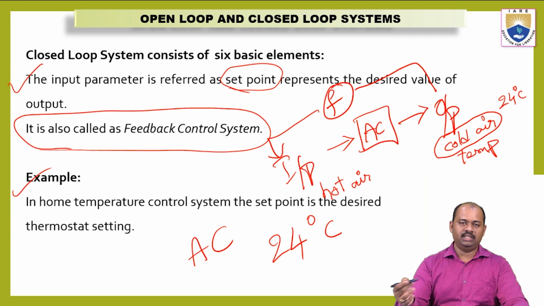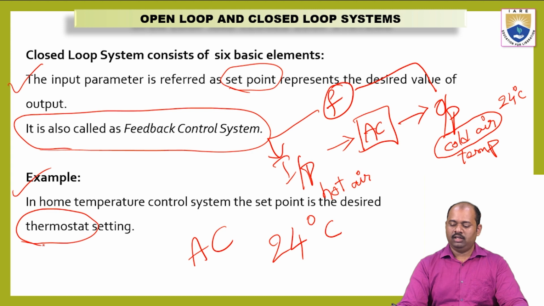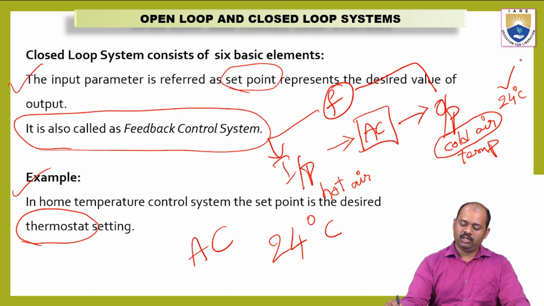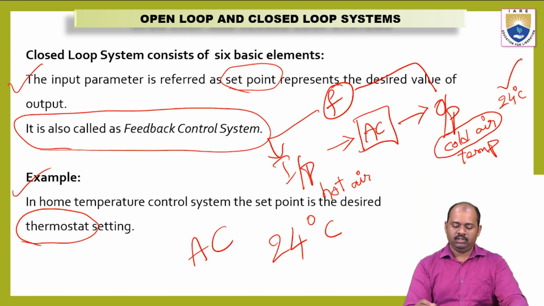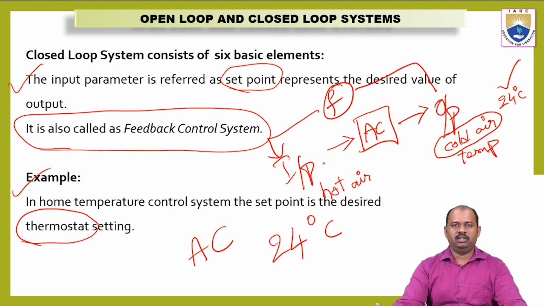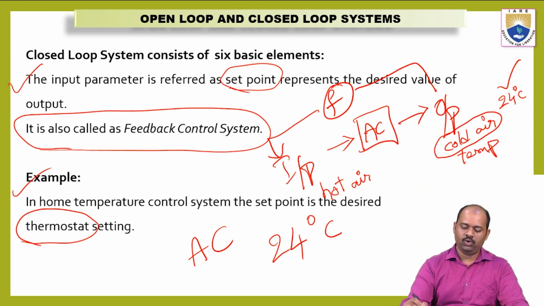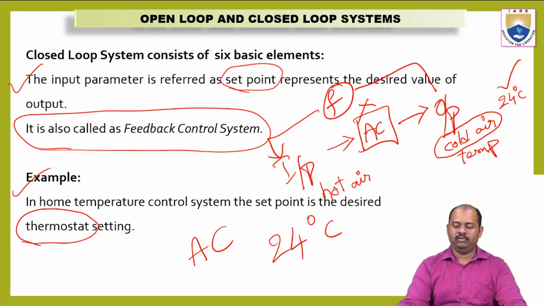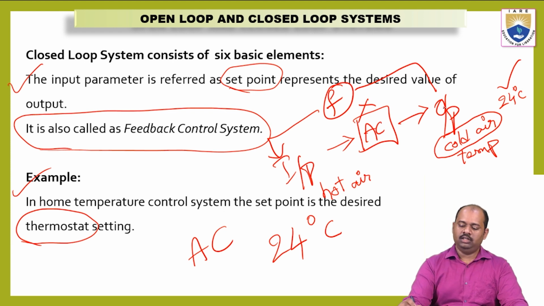I will use a sensor for that information, which is called a thermostat. Now this thermostat will sense the temperature of the room air. Whenever the temperature reaches the required value, this thermostat will send the information to the controller that the temperature is around 24 degrees. There is no need for further cooling. So what happens is, this AC machine will turn off. Whenever the temperature reaches 24 degrees centigrade, the feedback is given to the controller and the controller will switch off